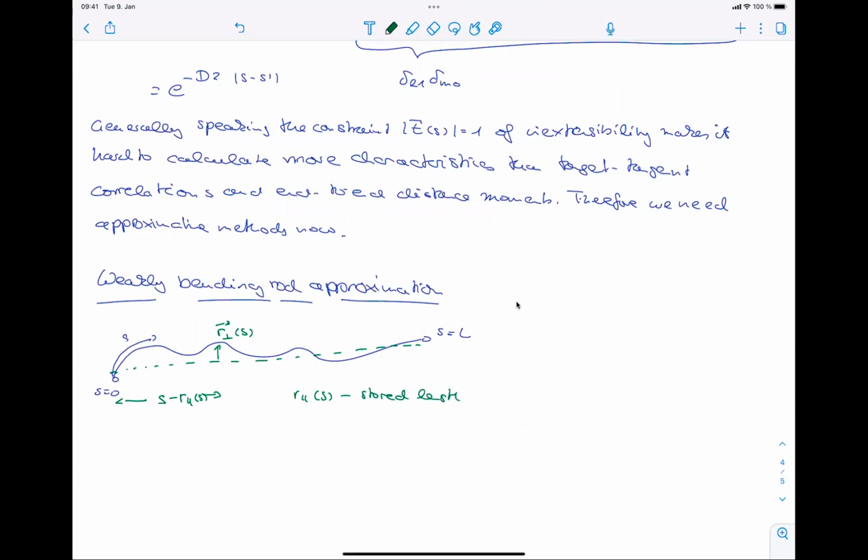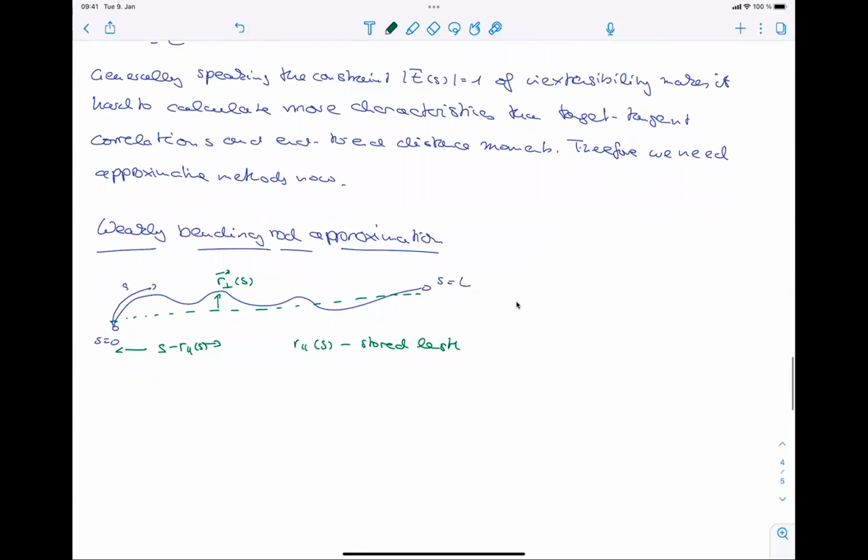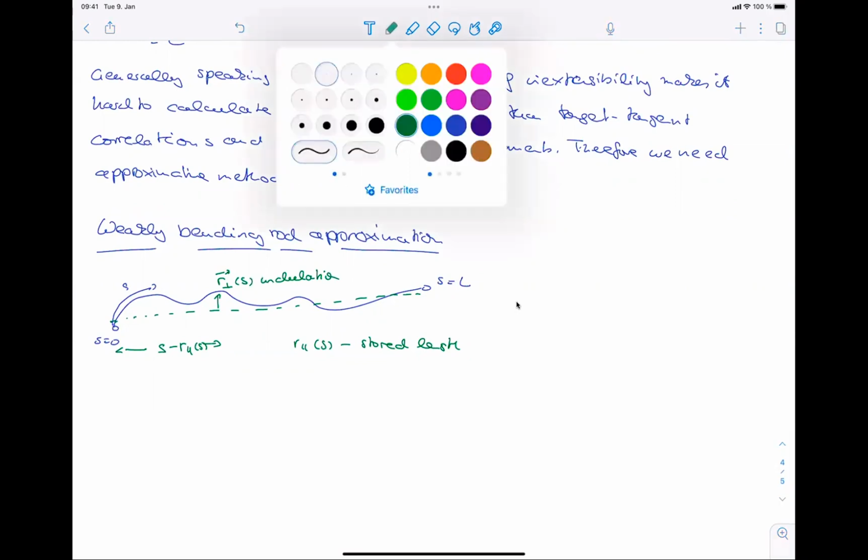For a rigid rod, the stored length would be 0 at any point, and the undulation would also be 0. So we have two parameters that are small in that limit,